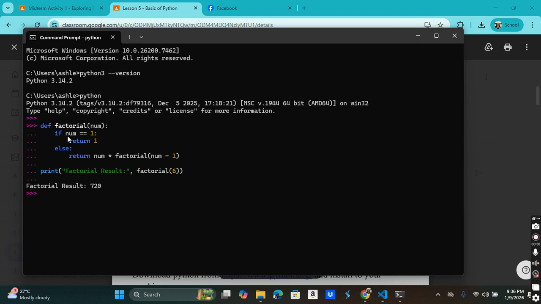And here's the factorial result: 720. This function uses recursion, which means that the function calls itself, and when I run the function with the value of 6, the output became 720.